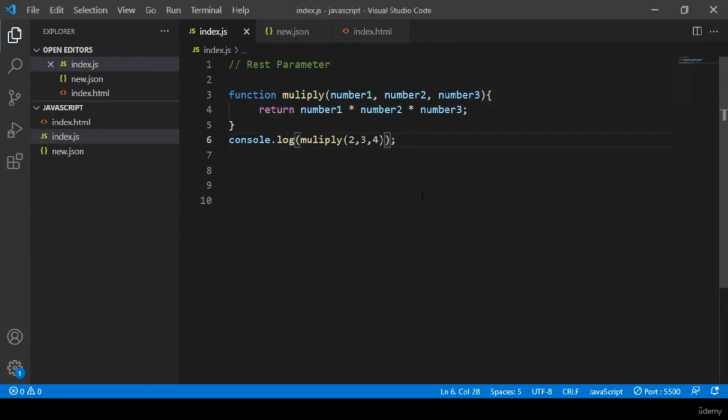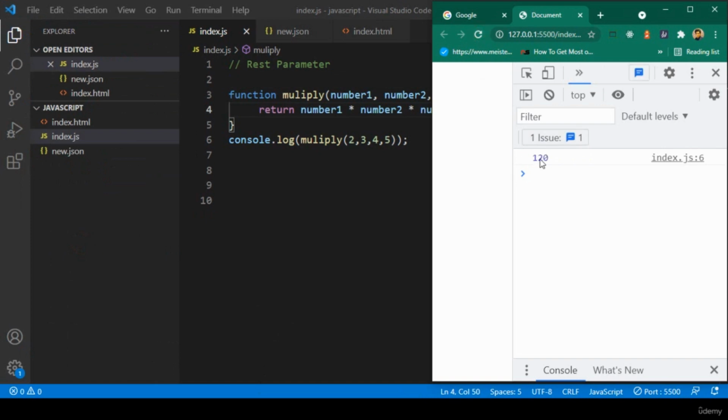So right now if you have that many arguments, okay, that means right now there are 3 arguments. If you have another argument, a 4th argument, I make it 5. Okay, so that is actually our other argument. So if you have another argument, then what exactly do you have to do? Then again we have to create another parameter, right? Here we have to create another parameter as a 4, and then also we have to add this number, and then with this multiply, and then we have to add it again. And after that, if you click save all, then that will display this result as 120,